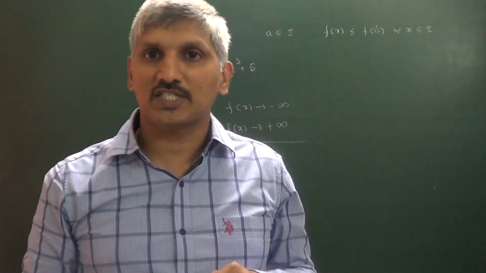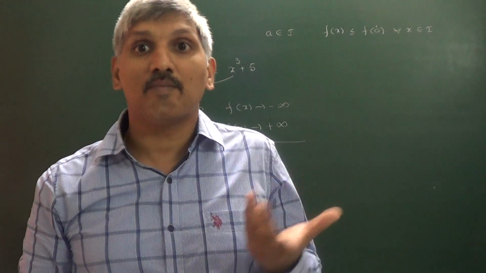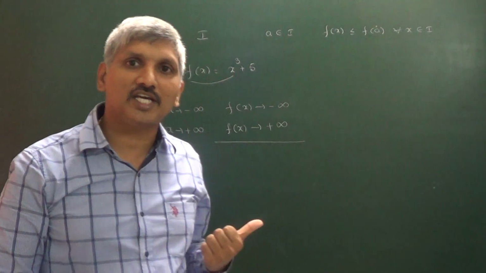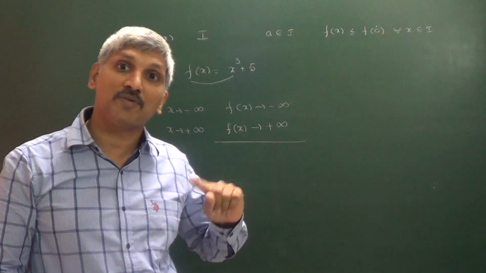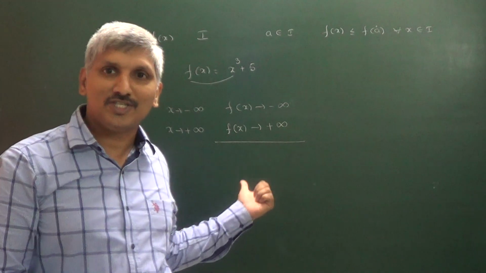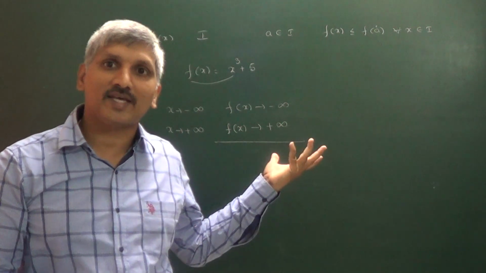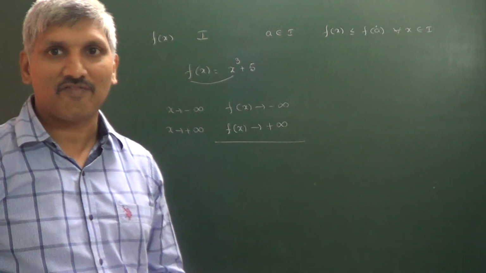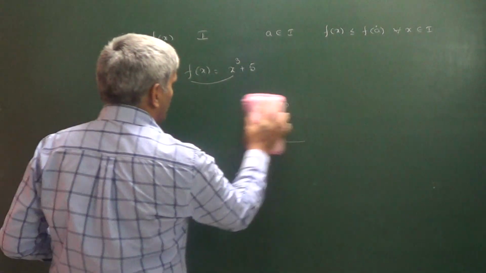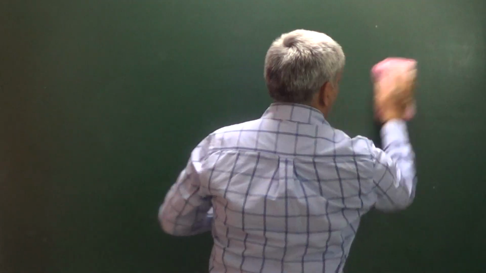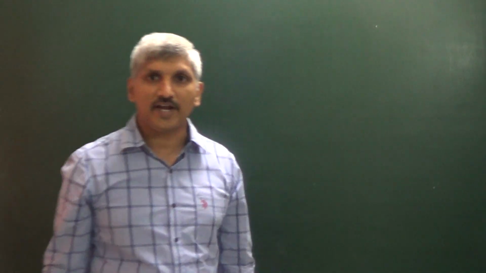In the second case we discussed, the function has a maxima but no minima. In the third case, both the maximum value and minimum value exist. And this is another case where there is no maxima and no minima for the given function. Next, I am going to discuss the first derivative test for finding the local maxima and local minimum